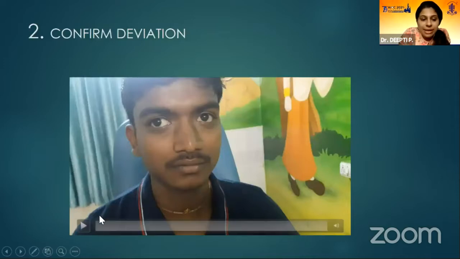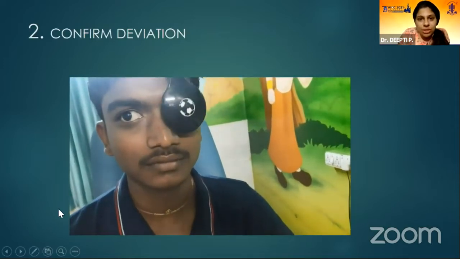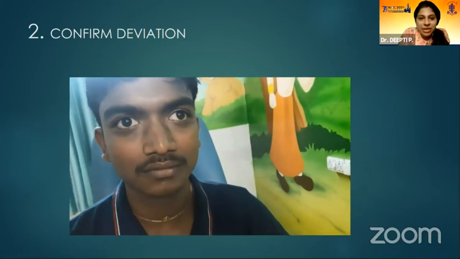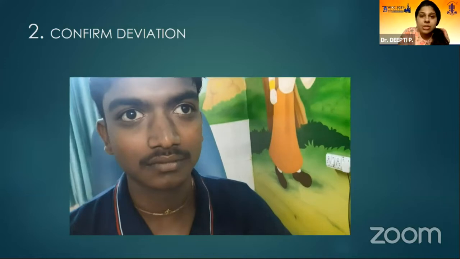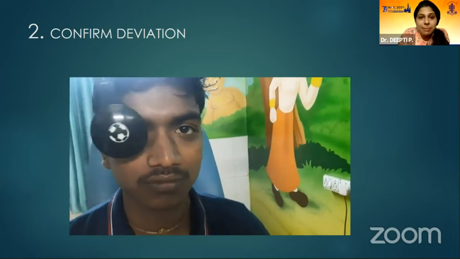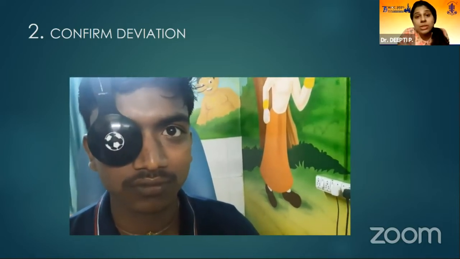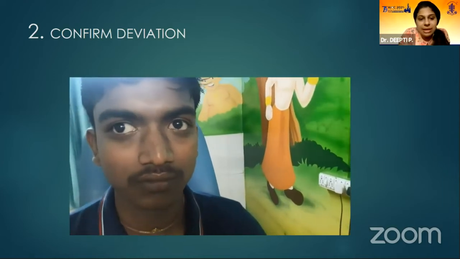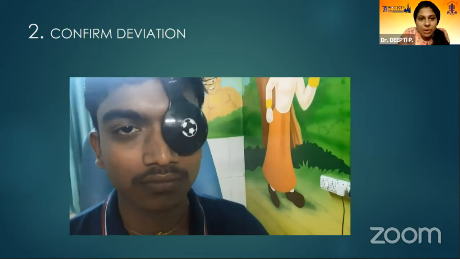The most important aspect here is to remember that it is not an alternate cover test. You don't just go and perform an alternate cover test here. We cover the apparently fixing eye and look at the squinting eye, whether it takes up the fixation, which tells us about the vision of the eye, followed by whether it maintains the fixation. Now cover the eye which is fixing again, and look at the other eye and how this eye under cover starts to behave.